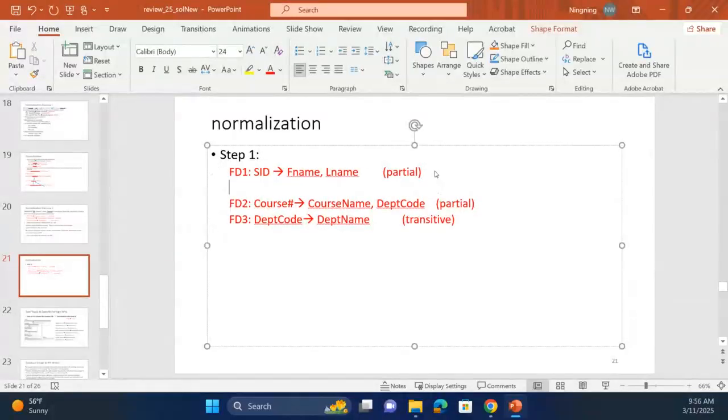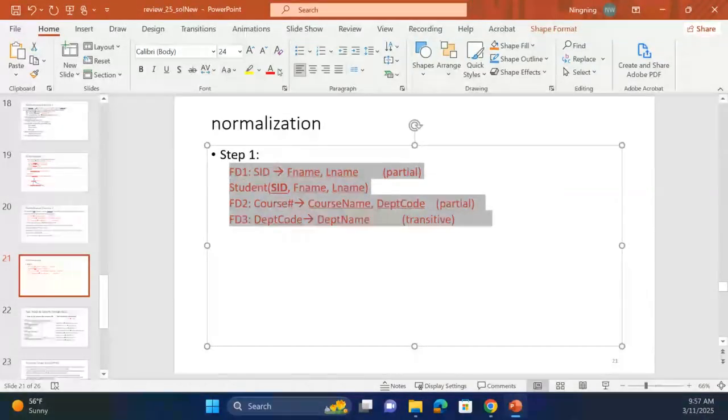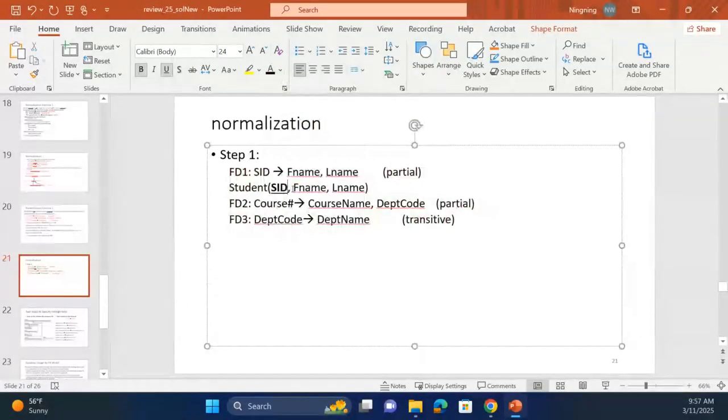So from the first partial functional dependency, we have the student table. So SID, first name, and last name. Okay. So then the SID will be the primary key. So let me put them in there. Okay. Then I think we can